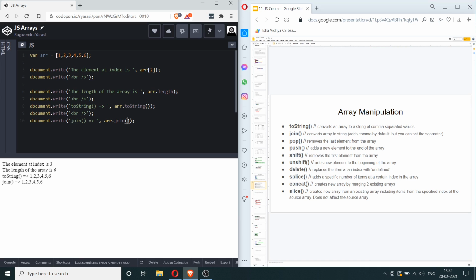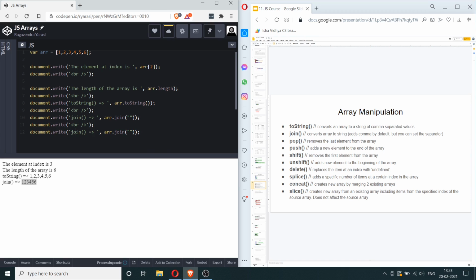So here you can say instead that you want a hyphen to be the separator and you can specify it like that. And it will result in the string being something like this, where you're specifying the separator that is used between the items. Now let's say that you don't want any separator, then you can pass an empty string, and it'll result in this kind of a string. Moving on to the next item. So here we have pop.